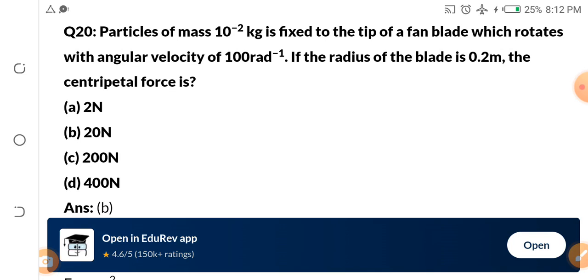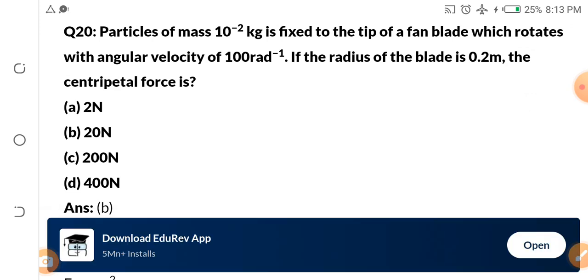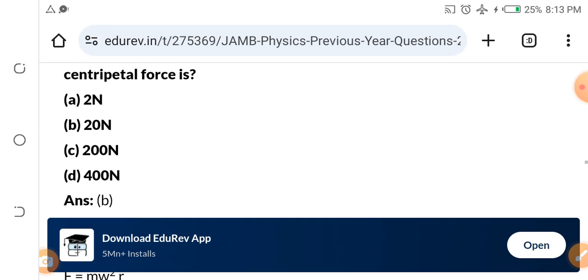Particles of mass 10 power minus 2 kg is fixed at the tip of a fan blade which rotates with angular velocity of 10 rad/s. If the radius of the blade is 0.2 meters, the centripetal force is: A 2, B 20 Newton, C 200 Newton, D 400 Newton. Okay, given that mass, they gave us the mass,